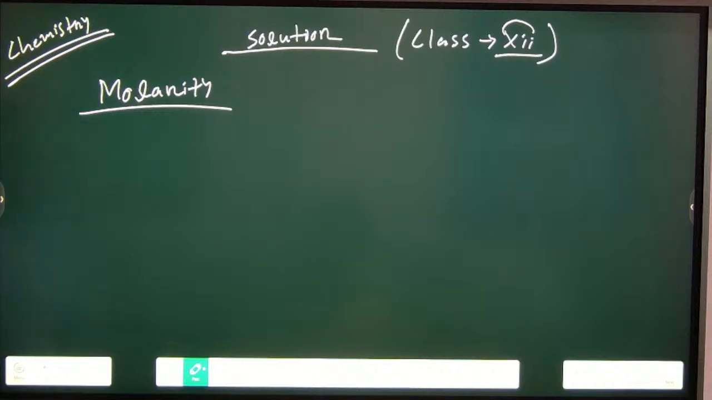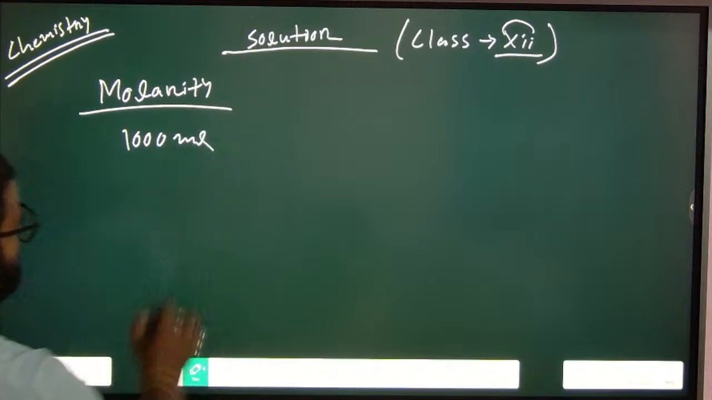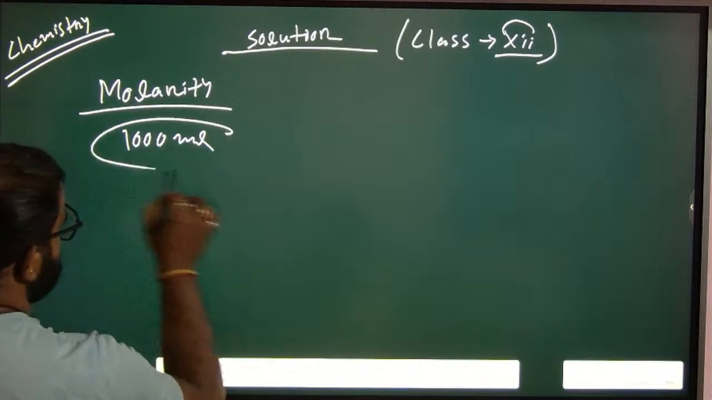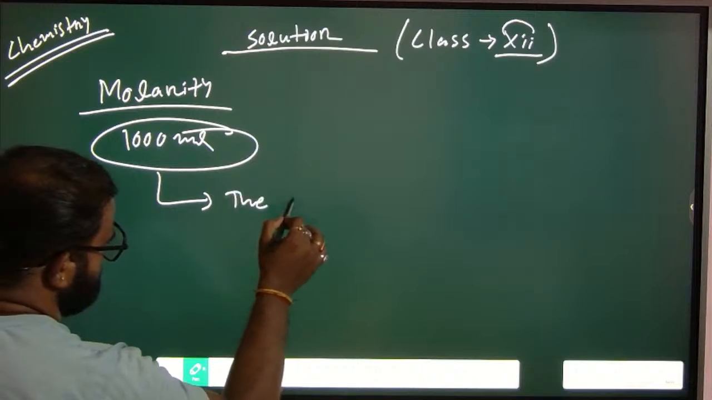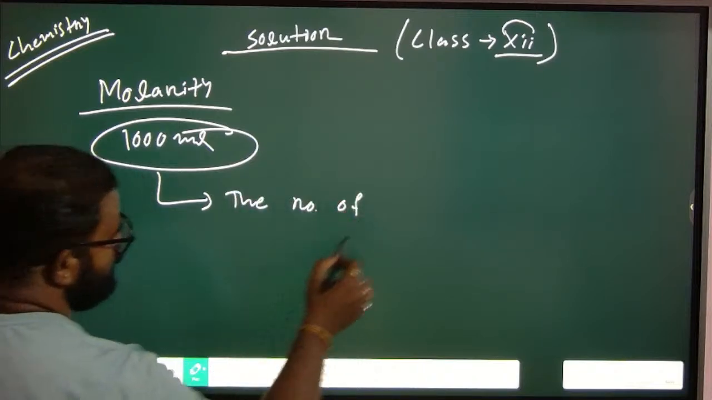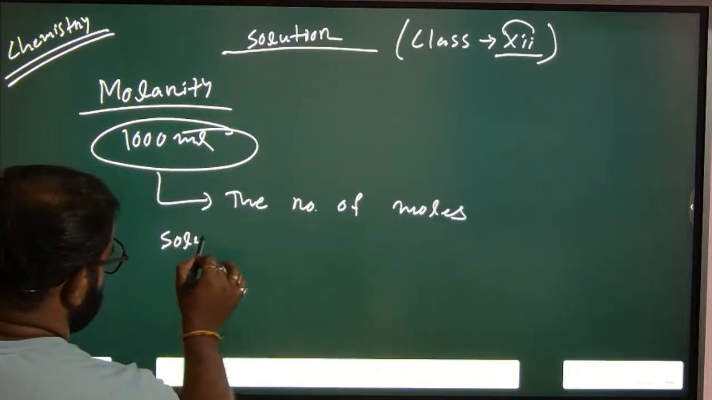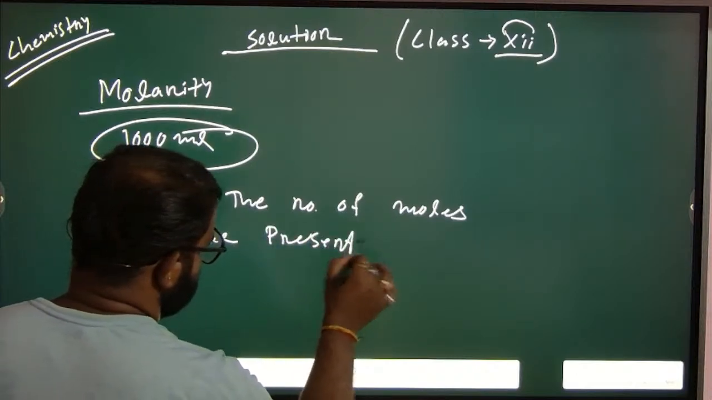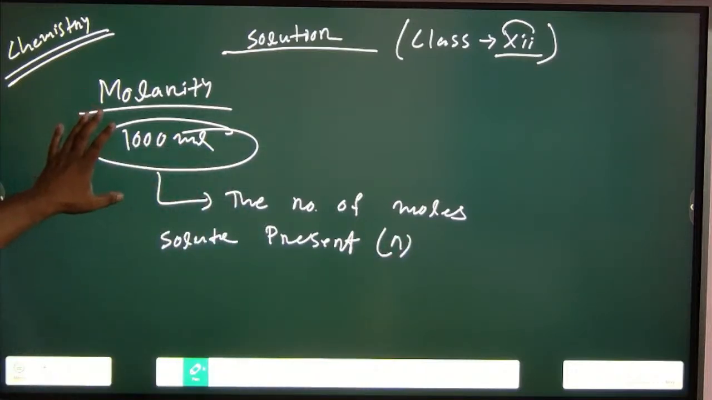ঠিক আছে, ধরো কোনো একটা সলিউশন বানানো হয়েছে, এটার ভলিউম 1000 ml সলিউশন। এটার মধ্যে যত নাম্বার অফ মোলস সলিউট প্রেজেন্ট থাকবে। ধরো এটা আমি স্মল n ধরে নিলাম। 1000 ml এ যদি n নাম্বার অফ মোলস সলিউট থাকে,